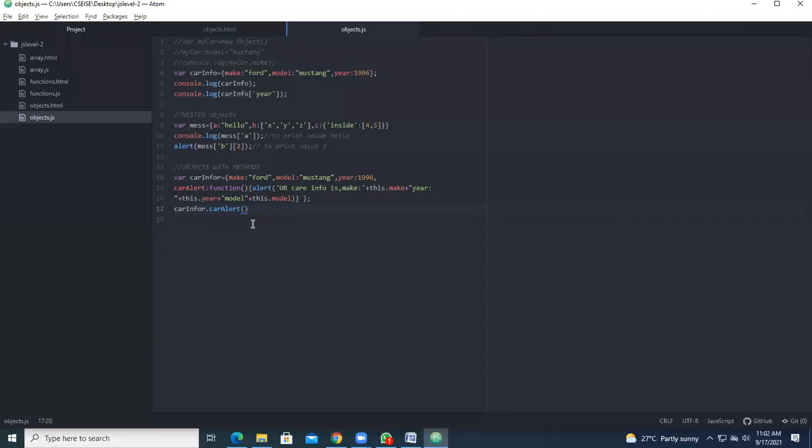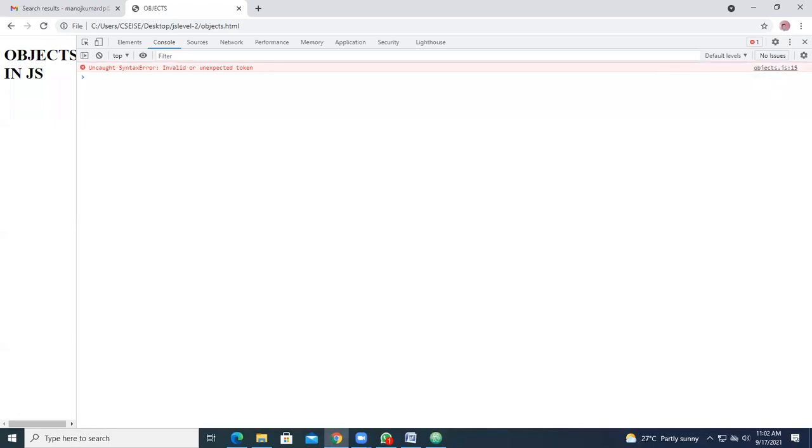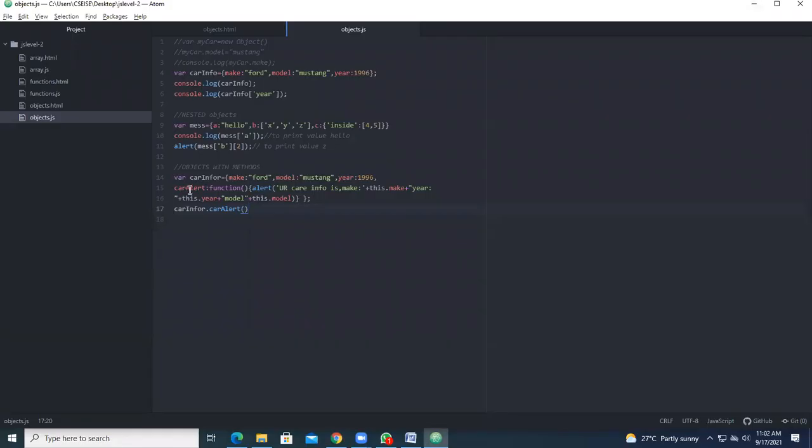Invalid, unexpected token. Line number 15, unexpected token. Plus this dot model.